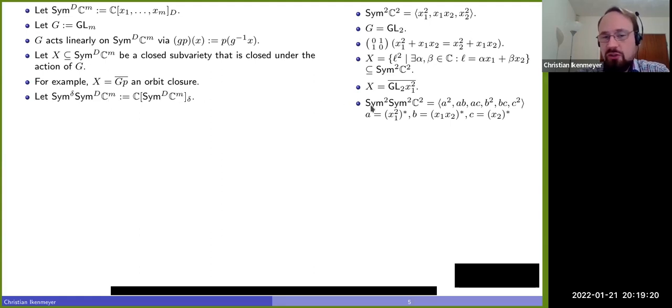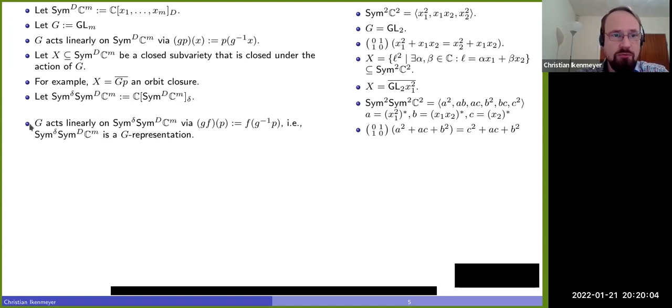And we actually saw an example in my first talk. I'm not sure if people remember, but let me explain this again. Sym^2 C^2 is a 6-dimensional vector space spanned by a squared, ab, ac, b squared, bc, and c squared, all these different combinations of a, b, and c. Those are the coefficient functions of your original polynomial. For example, the most well-known vector in this space is b squared minus 4ac, the discriminant. So that one is in this vector space. Okay, so we want to study that.